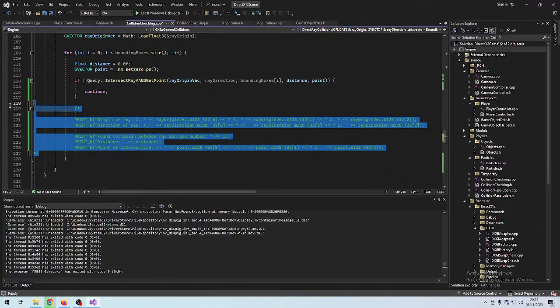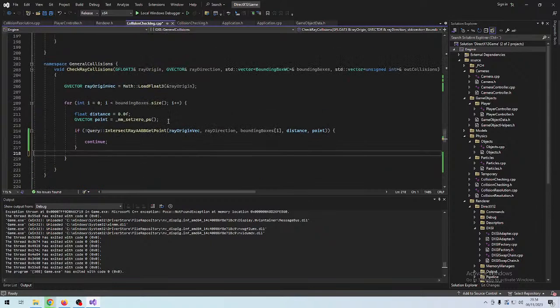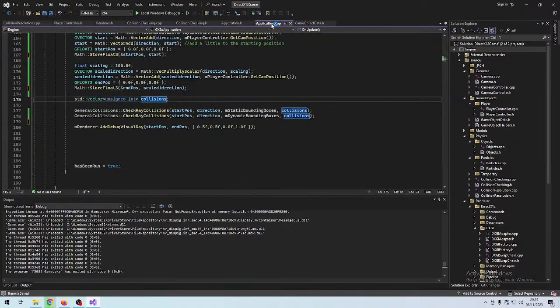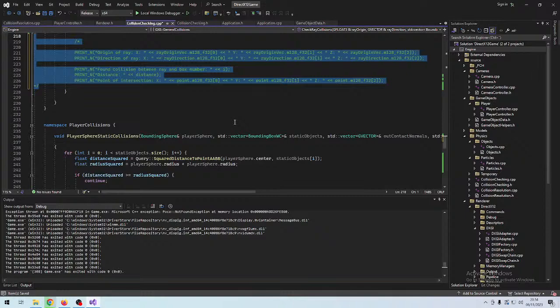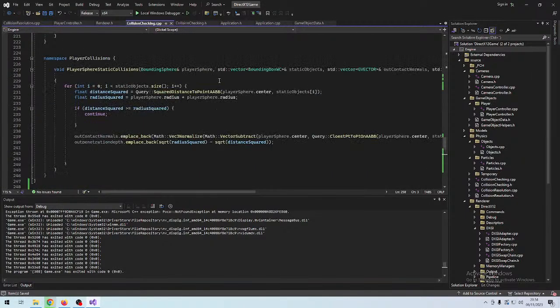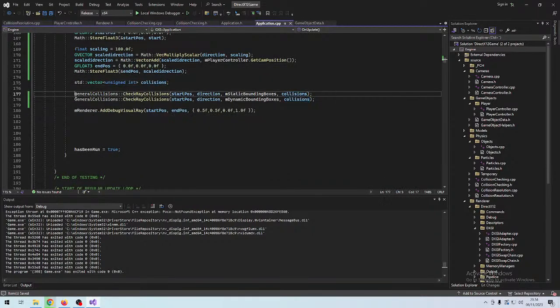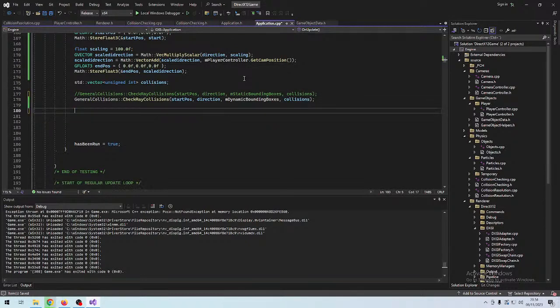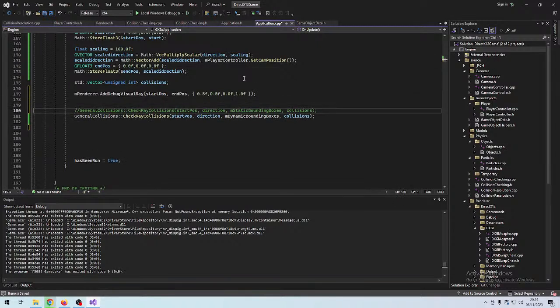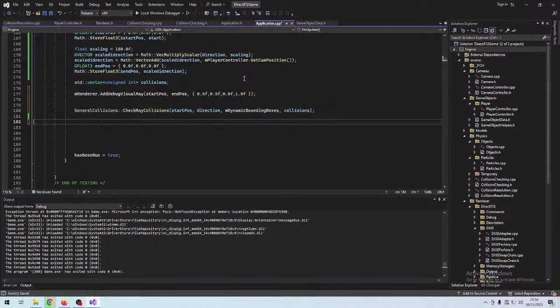So since we now have functional, whoops, let's save that for later actually, in case we ever want to debug. So we'd want to check our collisions with our dynamic objects, and